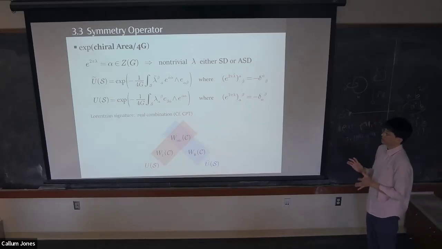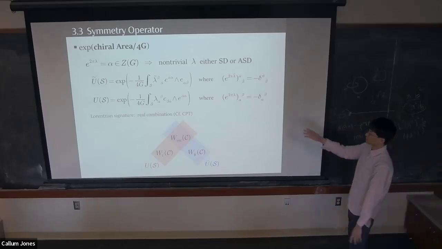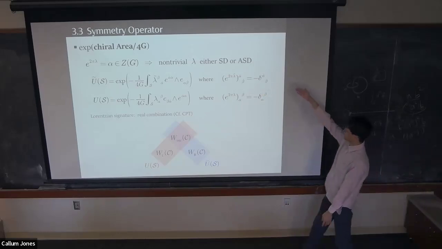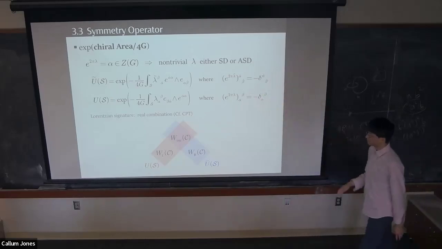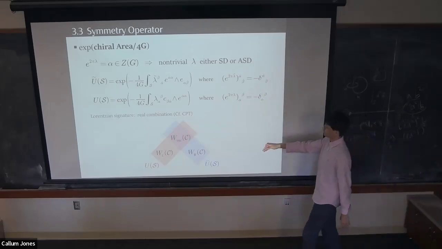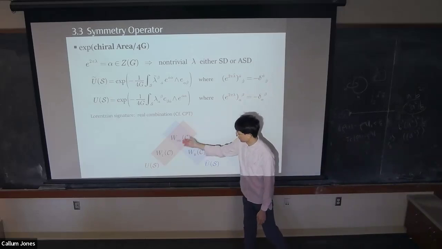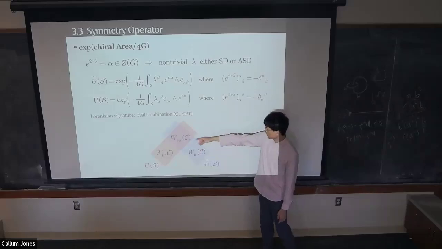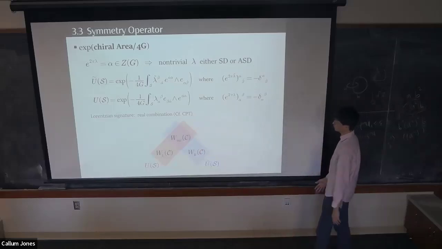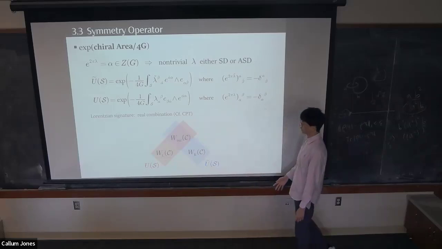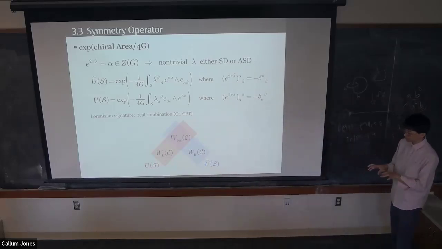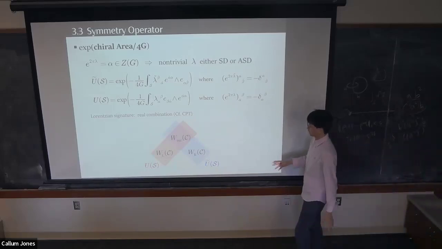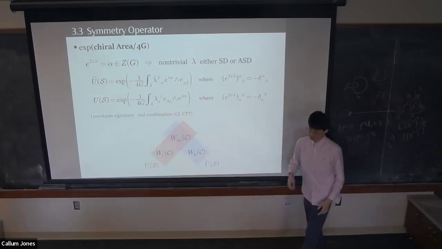So it turns out that any symmetry operator could be decomposed into these fundamental building blocks, which I denoted as U tilde and U. This guy is self-dual, right-handed, and this guy is left-handed. So this U operator will be transforming the alpha index, like the left-handed spin holonomy and the vector holonomy, while U tilde will be transforming the right-handed sector. So if you compose U and U tilde, which is kind of like CPT invariant in the Euclidean sense, then the vector holonomy will not be transforming.